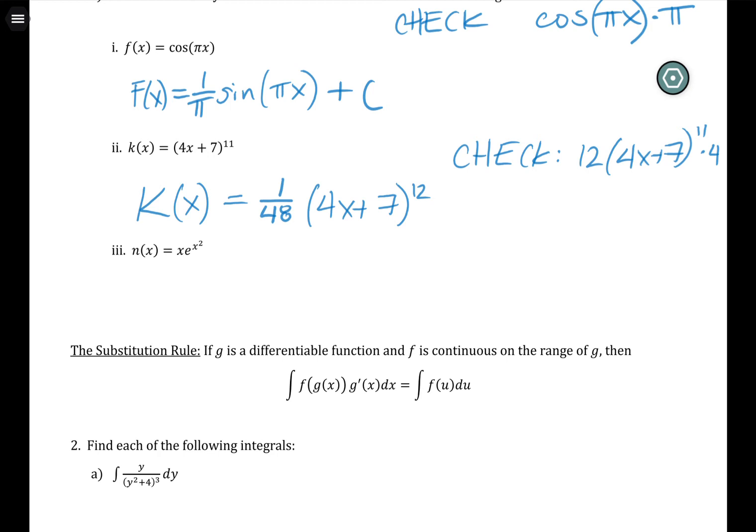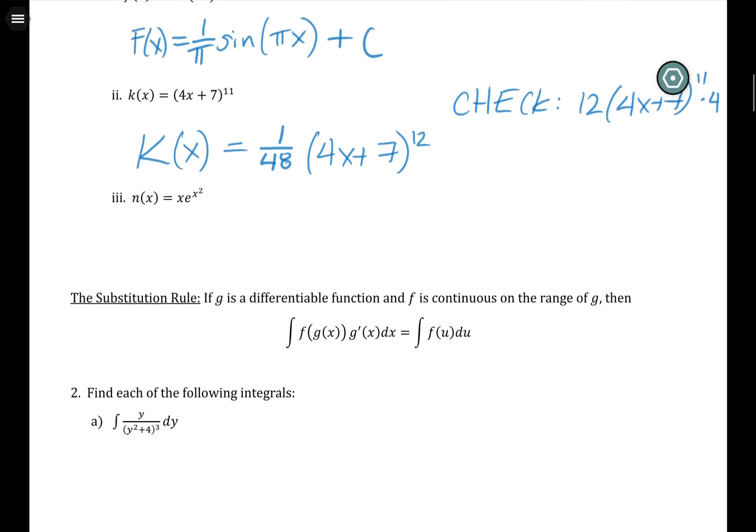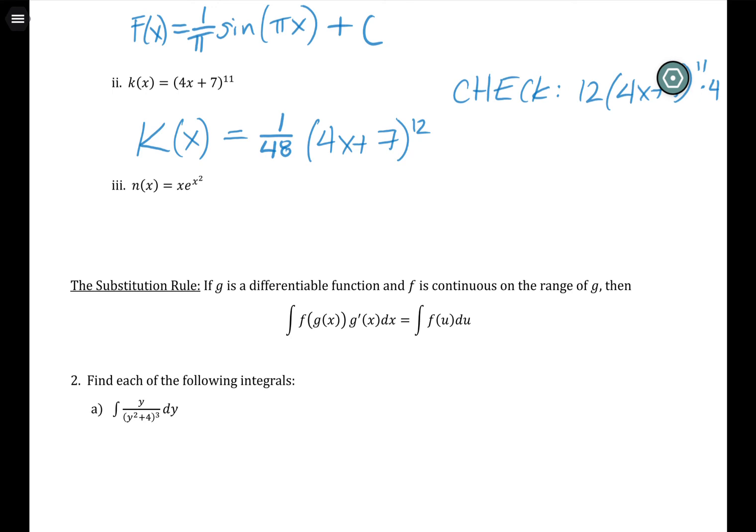Okay, and last one, maybe the trickiest. We start to get into territory where it can be a little dangerous to guess and check your way out, but always good to try it. It's kind of a challenge one. I know that if I want an e to the x squared, that e to the stuff is its own derivative. So I'm going to say, well, maybe I want an e to the x squared to be part of this. When I start checking on that,